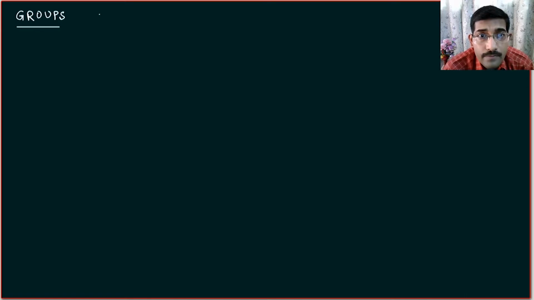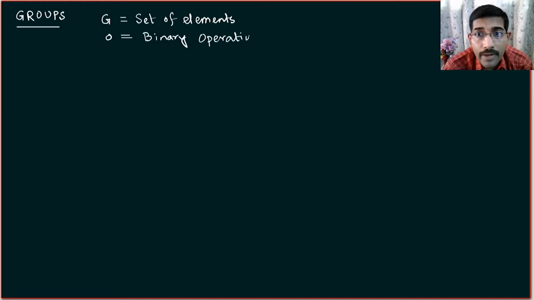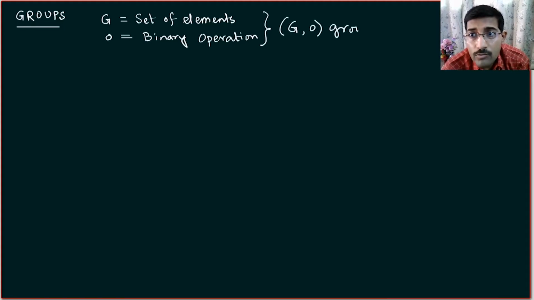So groups are defined over only one binary operation. We say that let G be a set of elements and O be the binary operation. Then we define G with the binary operation O as a group if